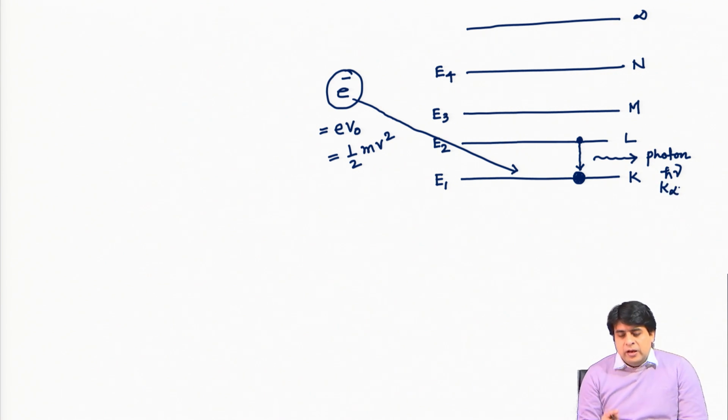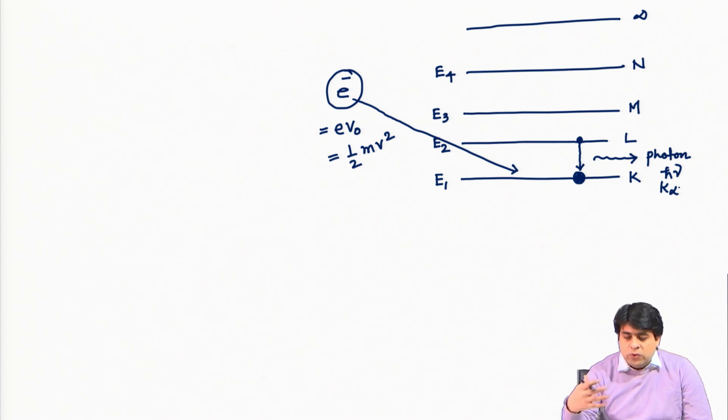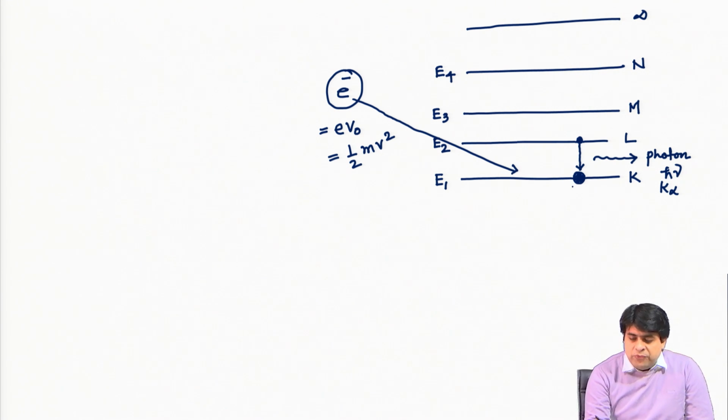So, basically when an electron moves from the higher energy level configuration to the lower energy configuration, there will be some emission of a photon, and this photon will have a K alpha energy. This is called K alpha, and it is characteristic of a particular material. There is another possibility: this void space can be filled by an electron present in